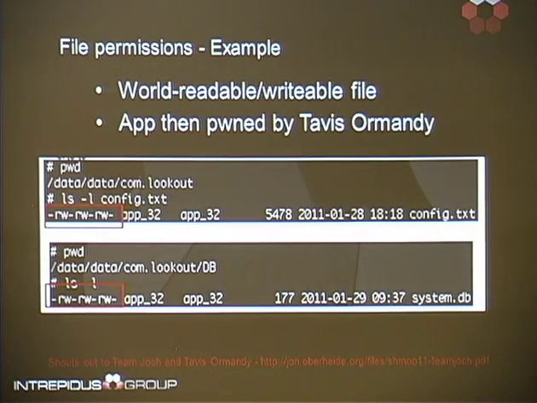So any app could go out and update those two files. Tavis Ormandy wrote an exploit that updated those files to have them picked up by the Lookout security application, and that resulted in administrative actions being carried out on behalf of a malicious app by the Lookout security product.